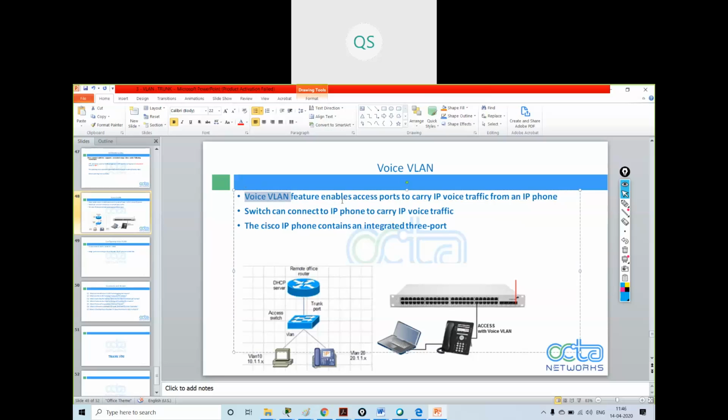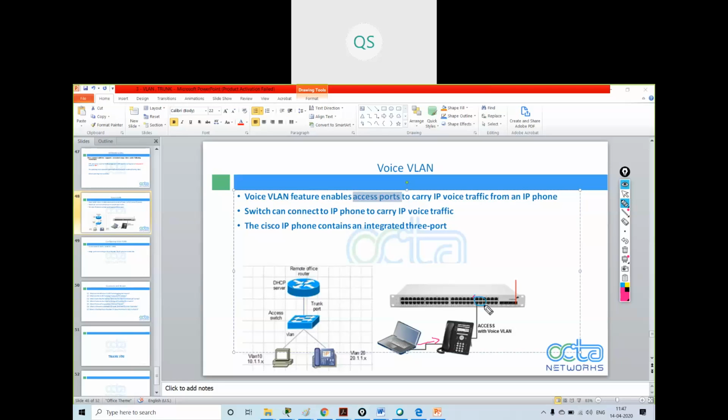The voice VLAN feature is enabled on the access ports. Two VLANs can't be configured on a single port, but the only exception is voice VLAN. We can configure access VLAN and the voice VLAN on the same interface. If this port is configured for voice VLAN and this PC is connected, the PC is also sending traffic through the IP phone to the switch.